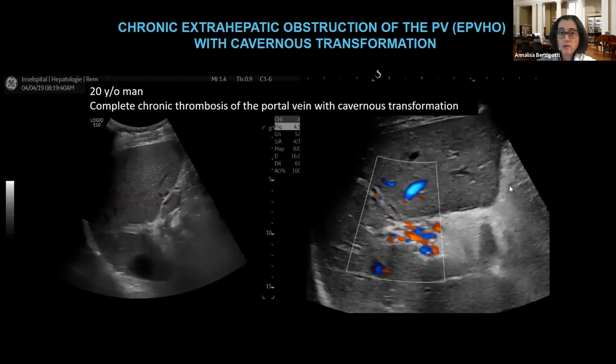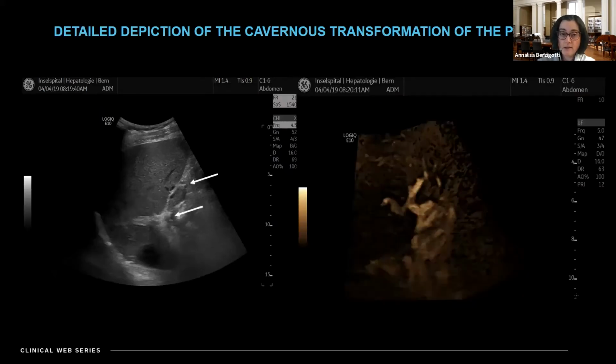This is a case of a patient with known chronic extrahepatic portal vein obstruction, so-called portal vein thrombosis in a non-cirrhotic liver. You can see that the liver is remodeled, and you can see lack of standard flow and substitution with a cavernous transformation. But if I have to say something more on this power Doppler imaging, I cannot say much more. And moreover, I cannot study very well where the collaterals are directing into the flow.